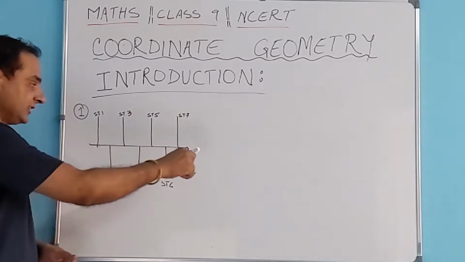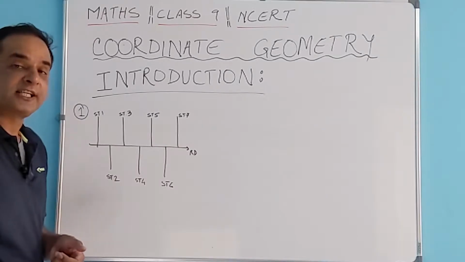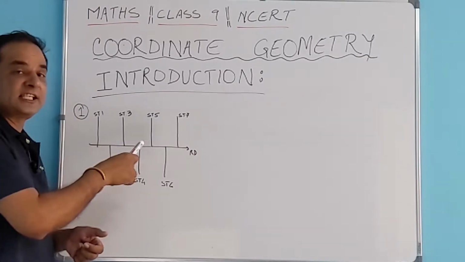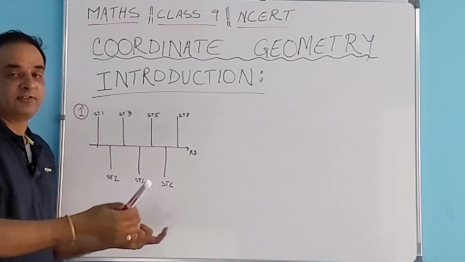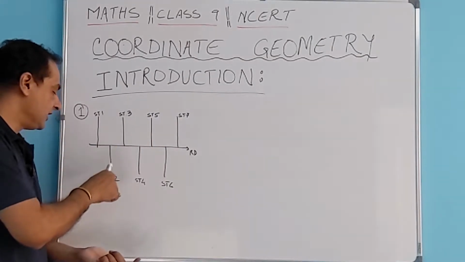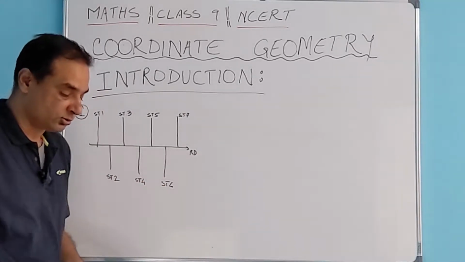So we can consider a road which is running in the direction of east and west, and then we have these streets. So we can look at these streets with odd numbers towards the north side, which is street 1, 3, 5 and 7, and we can consider streets with even numbers towards the south, street 2, 4, 6 and so on.